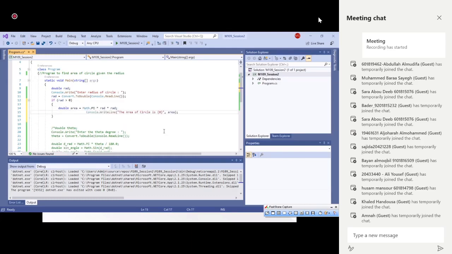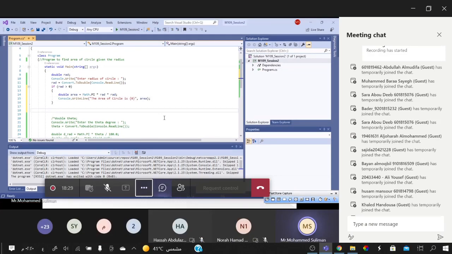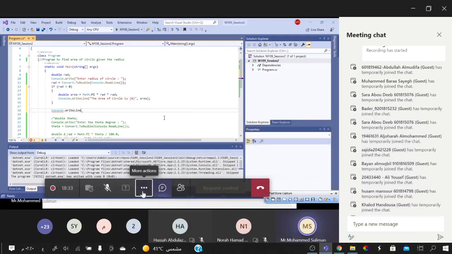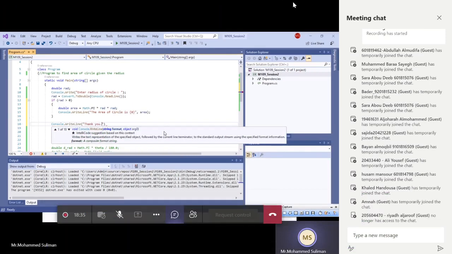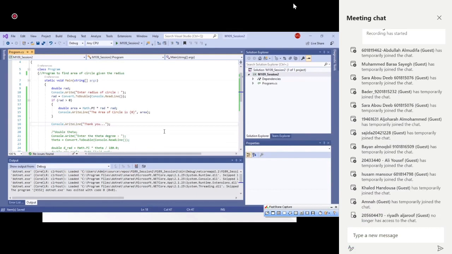Otherwise, we simply do nothing. And just for the purpose of testing, let's say we put a statement called "thank you." Fine. Now in this case, when we enter the radius, it checks